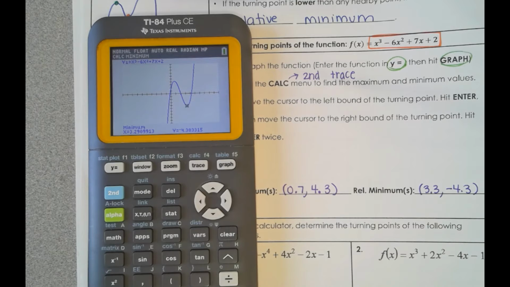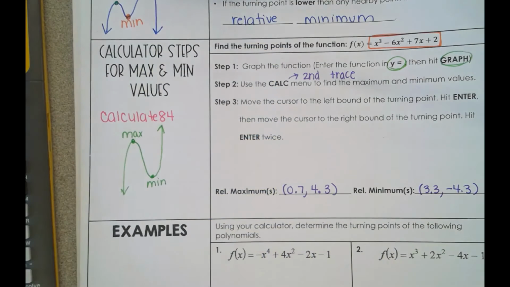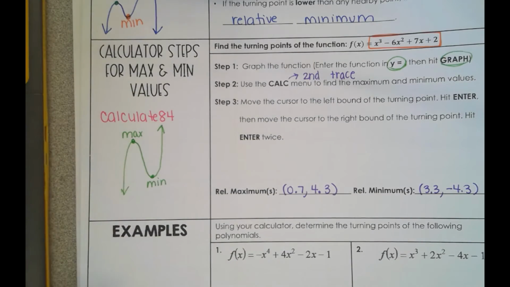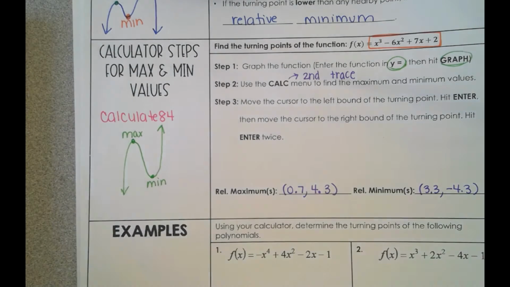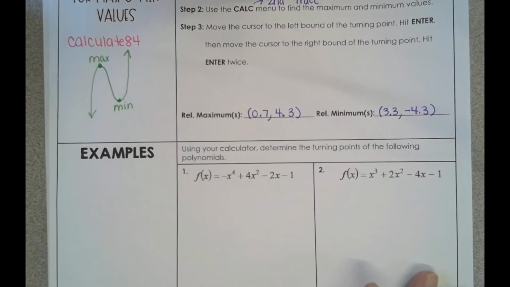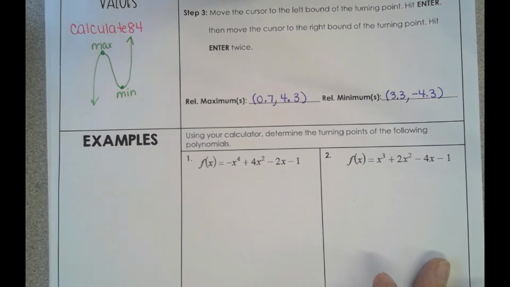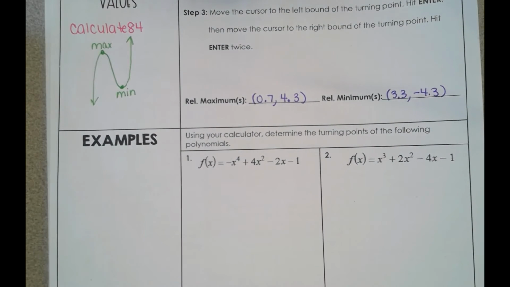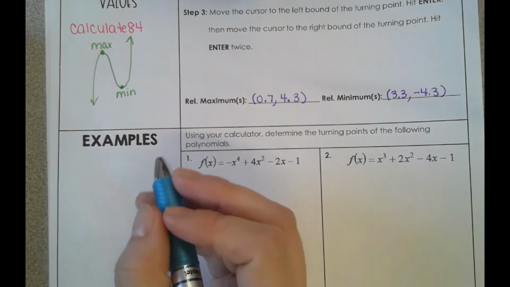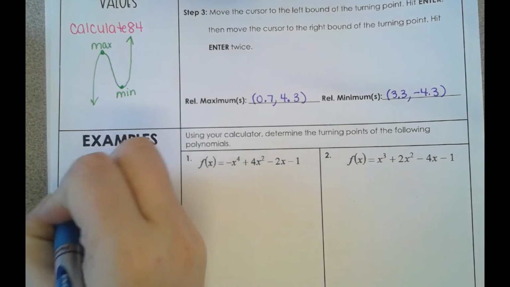We're going to do just these next two examples. As long as you just follow the steps, there's nothing new, nothing harder about any of these. One thing I do want to point out is something that you might see on the calculator. And I don't know that we'll see it on these two examples. But sometimes you might see a number, some weird number like